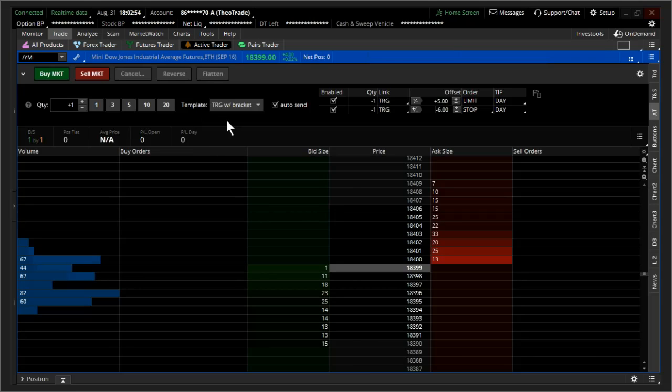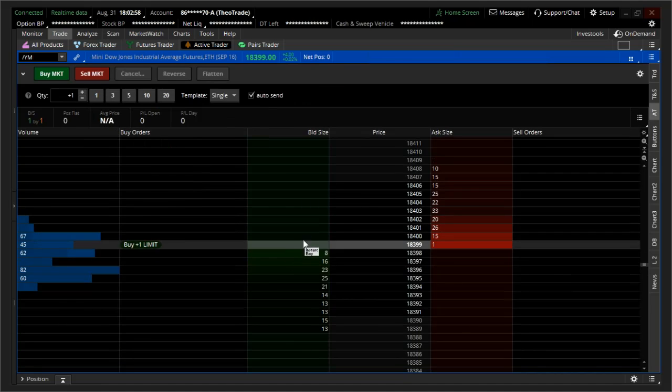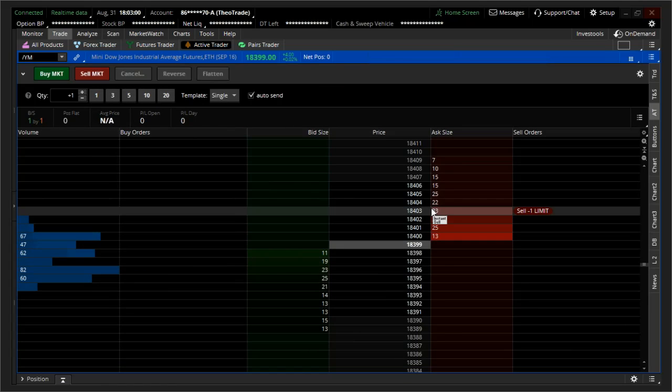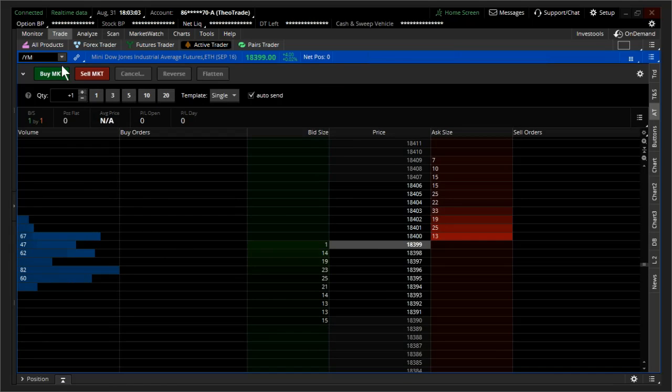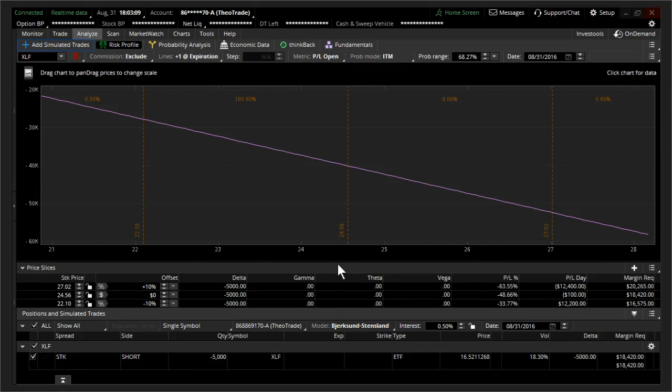So that's a little bit about active trader. Nothing too slick to really show you in here other than this is a feature. I use it a lot, but I don't really use a lot of stops. I just go in here and actively trade futures contracts and Dow futures, and I've been trading bonds a lot lately too. So onward and upward, let's get to the Analyze tab, the most feared tab